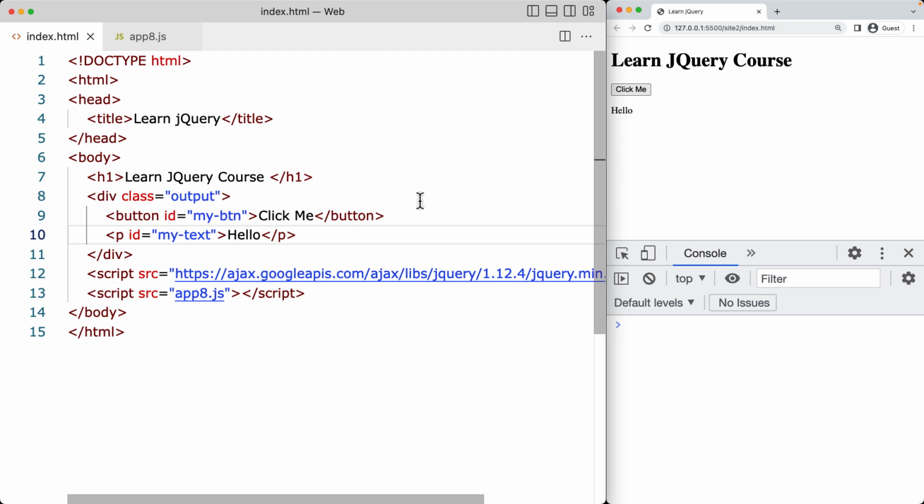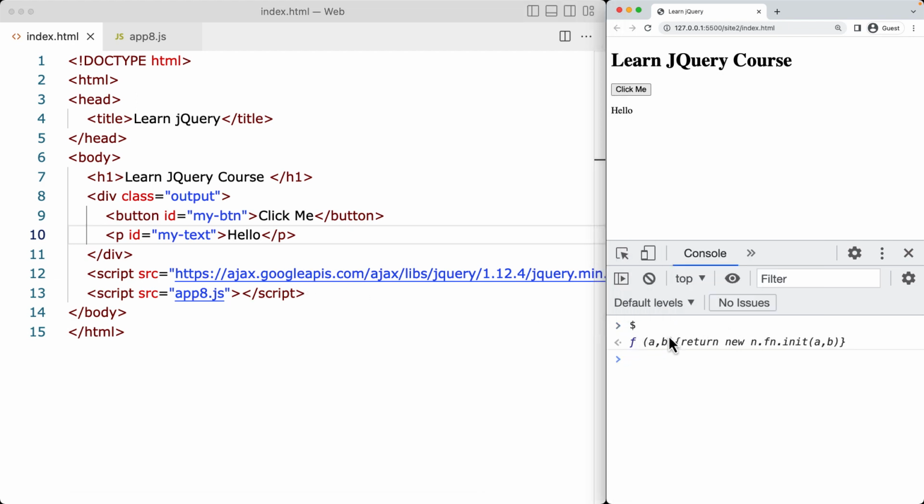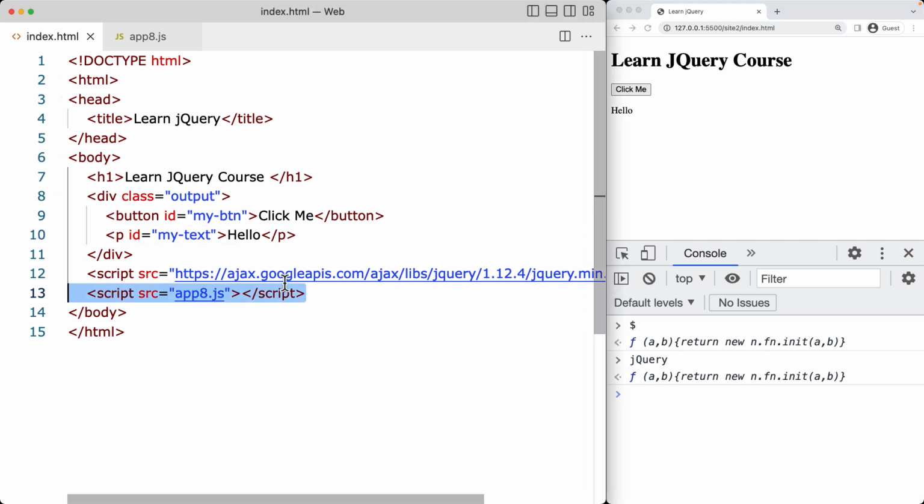And this is all going to be done with jQuery. I've linked to the Google API for the CDN for jQuery, so that brings jQuery into the page. In order to check if you have jQuery, you can add in the $, or you can type in jQuery, and if you do get a response back, that means that your jQuery library is active. I've got the JavaScript code below the jQuery, so make sure that you do have jQuery above, and then the JavaScript code below,